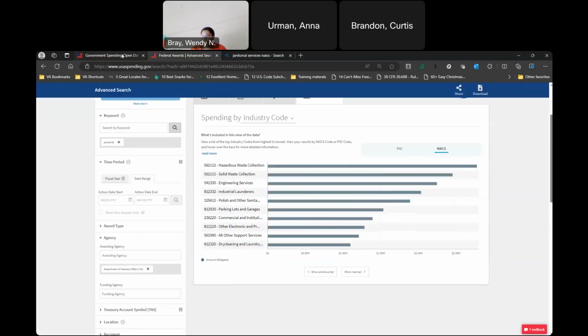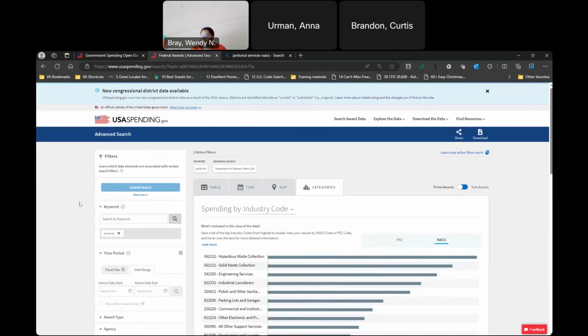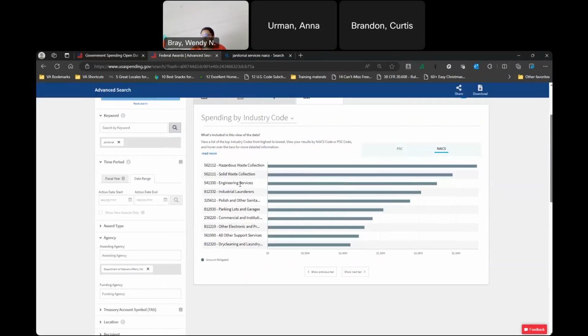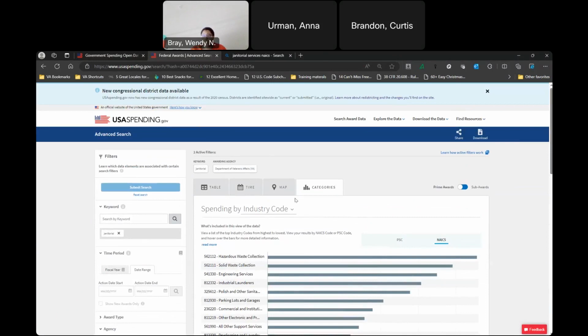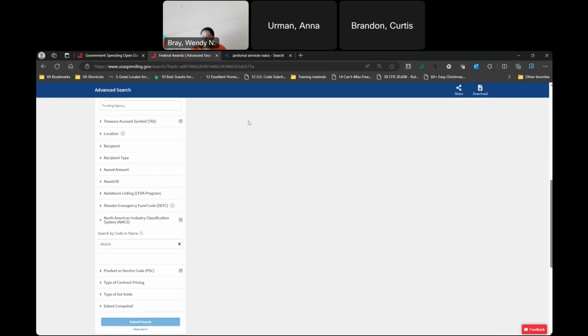$17.20. Okay, so I typed in the incorrect code. All right, so I'll go back. And on here, it gives you your NAICS code. So for those individuals on the call today, if you don't even know what your NAICS codes are, you could just type in the service and it'll provide the product service code or the NAICS code for you. What I'm going to do is go back here,